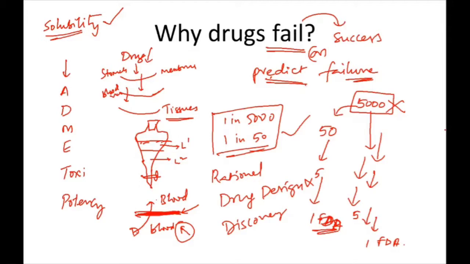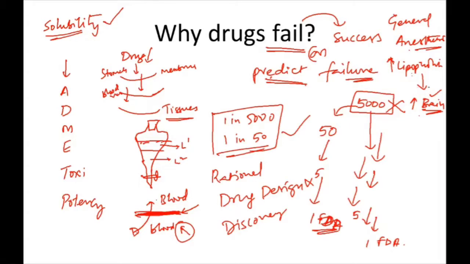Maybe by this time you might have gone through this one, general anesthetics. In general anesthetics, if you increase lipophilicity, you get increased concentration in brain. So if you want to discover a general anesthetic, the drug needs to be highly lipophilic, otherwise it won't be able to reach the brain where the actual biological activity is supposed to come. So this is the simple logic.